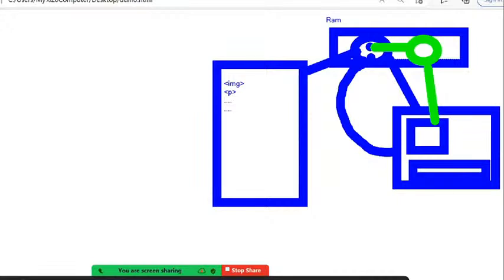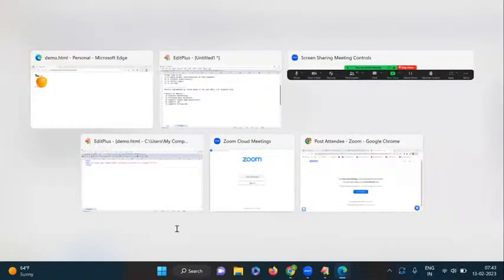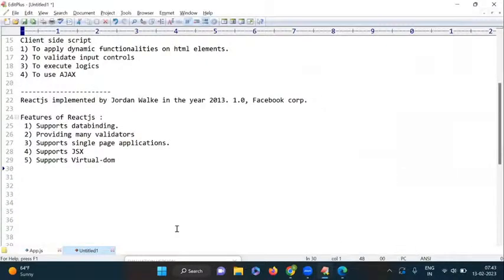Is this clear? Yes. So that is a very, very useful concept for us. Okay, suppose virtual DOM. How it is working completely, I will show you once again. So that is a very big advantage for us. Okay. Next one here,